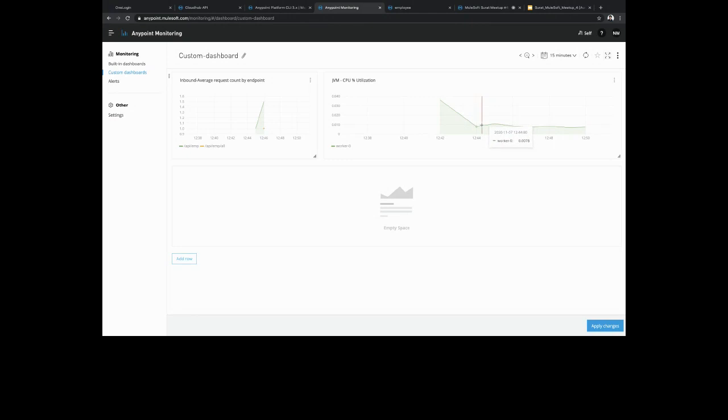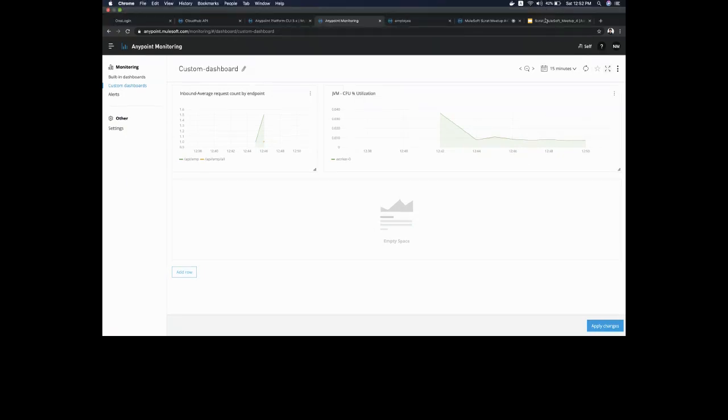So this is how custom dashboards play a very vital role when you want to understand the behavior of your worker and how much resources and memory it is consuming. All these things play a very vital role when you want to upscale or just downgrade the size and the resources of your application. So these are the things that you can do for monitoring. So with this,